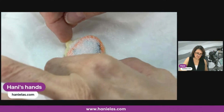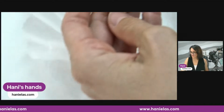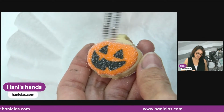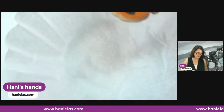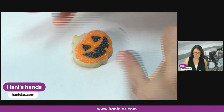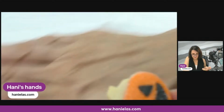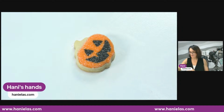All right, so now we're going to lift this up carefully. Now, shake it off. And here I've got some residue, and so I'm just going to brush this off the cookie so I can add my green layer. I'm going to set this aside. Clean this up a little bit. Okay. And now with the green,